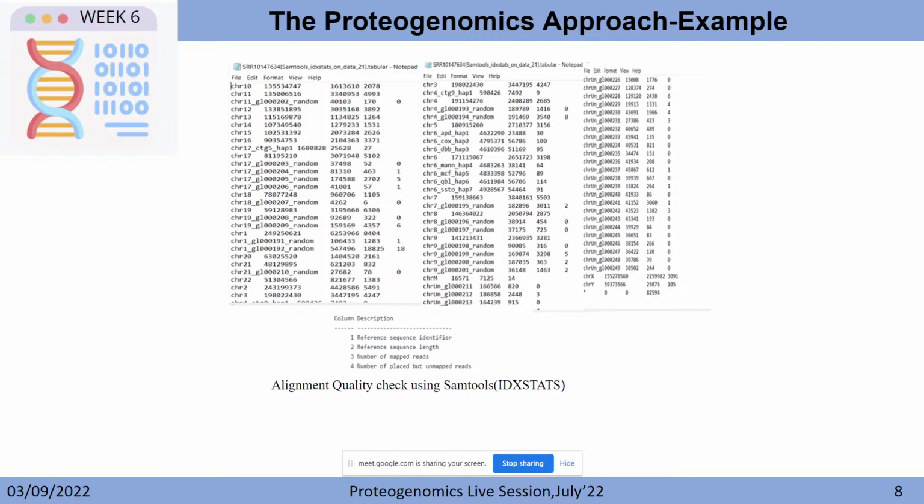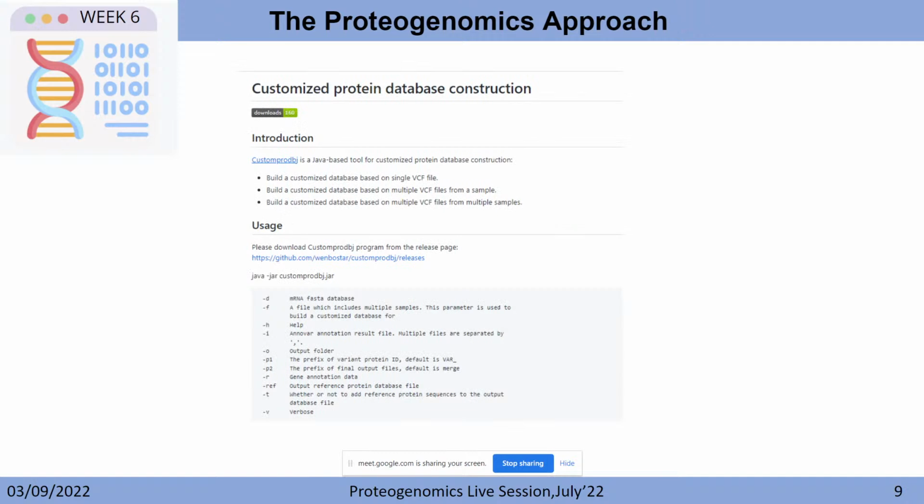So you can understand through different statistical analysis software for the alignment. Now another thing, since we were discussing different tools for the integration of the proteogenomics approach, till previous week we had come to annotating the variants using ANNOVAR. Now, after annotating the variants, we need a customized protein database